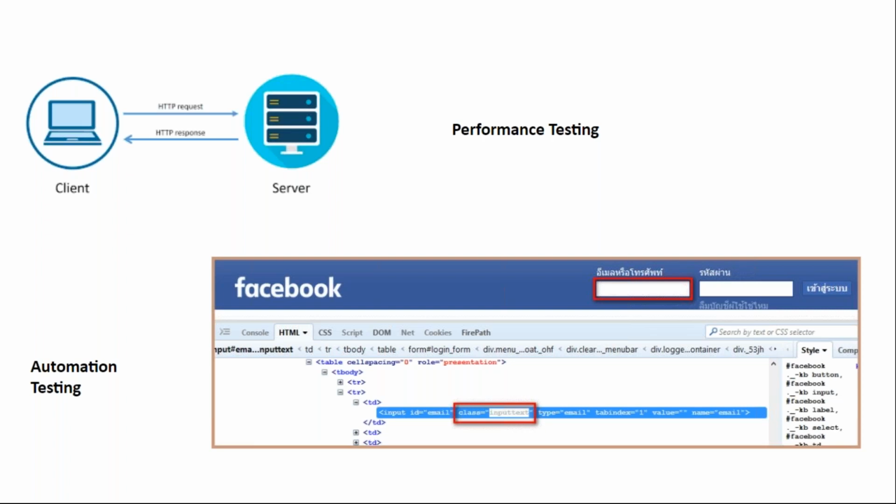Whereas in automation testing, it is straightforward. You click something, you don't need to worry about what request goes or what response comes. You just record whatever you click on the screen. You click login, you click sign out, you click registration, you enter some text, whatever action you do in the UI, that will get recorded. For every button, every text field, every link, there will be a unique object, a unique element ID. That is what you record and then replay.